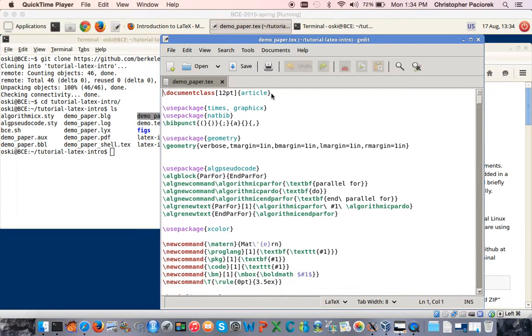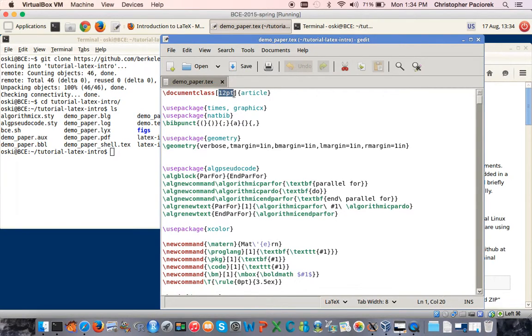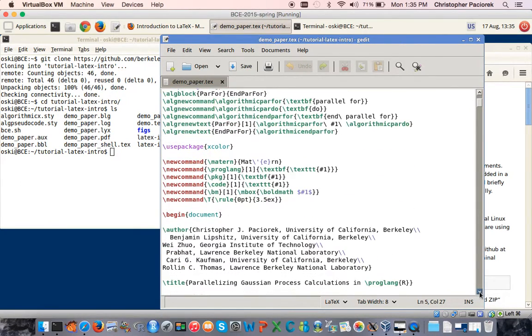So first of all, we start out the document with this command \documentclass, and that in this case says we're going to use the article class. So this is going to be a scientific kind of article, and this is an option to the article class that says to create the document in 12-point size font. After that, there's a bunch of information here that's called the preamble. We'll come back to that in a minute, but let's ignore it for the moment.